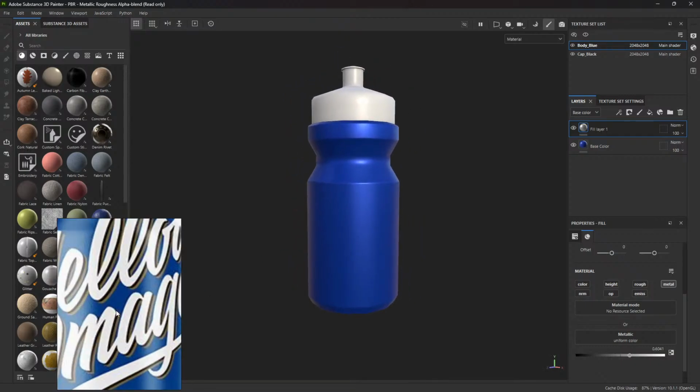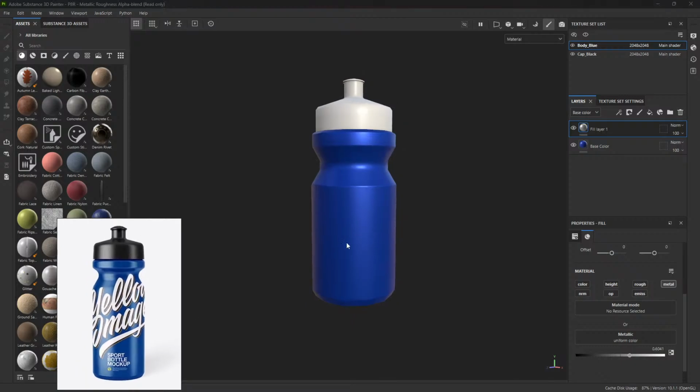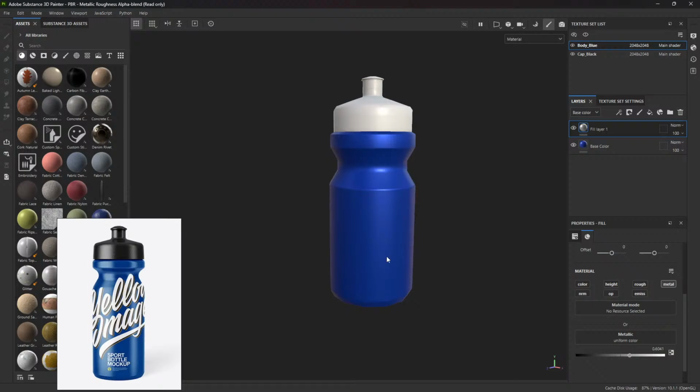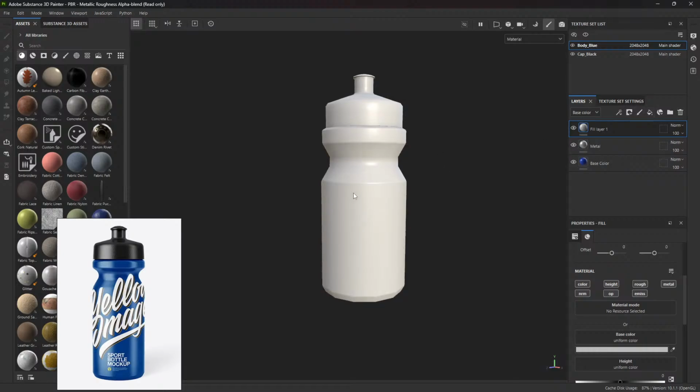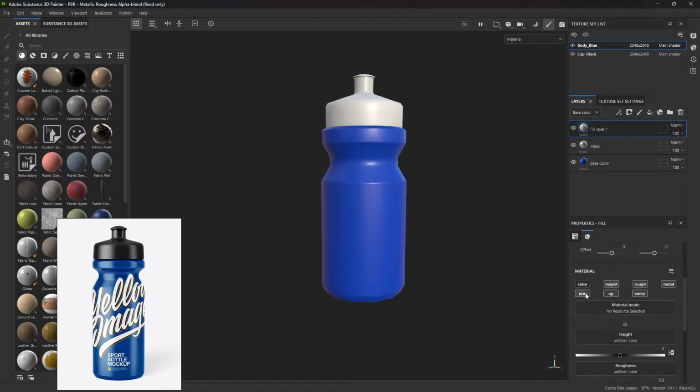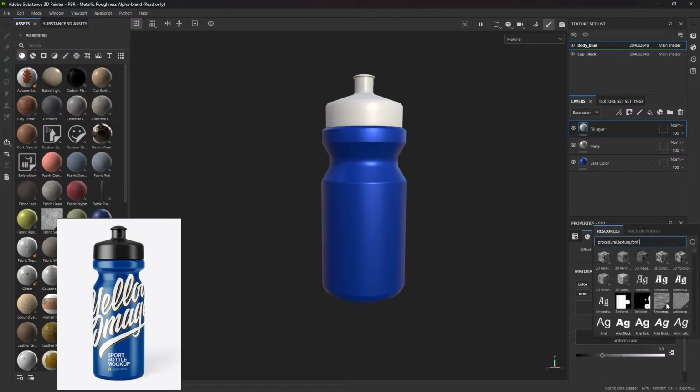So now we need to apply something like roughness on the body so that it doesn't look clean as it is like this. So we'll come down to this part, we just save this as metal, and we hit on enter. Then we'll create another fill layer, and then here we don't need color again, we don't need normal, we don't need height, we don't need opacity, emissive, metal. We only need the roughness, but this time we're going to click on the roughness and